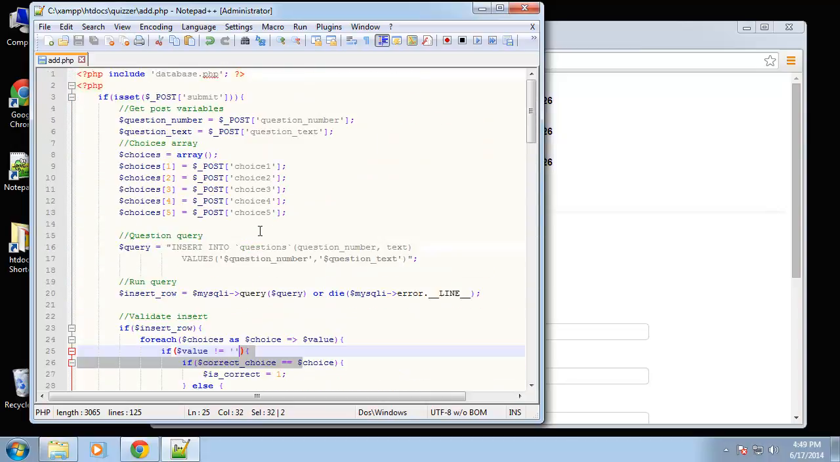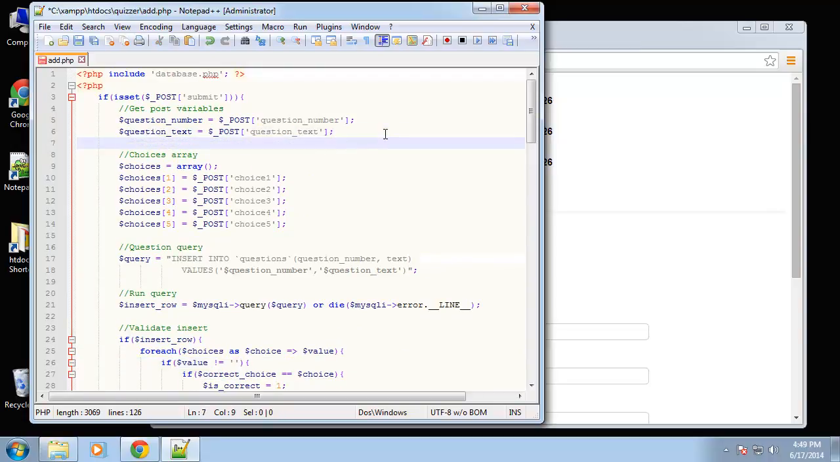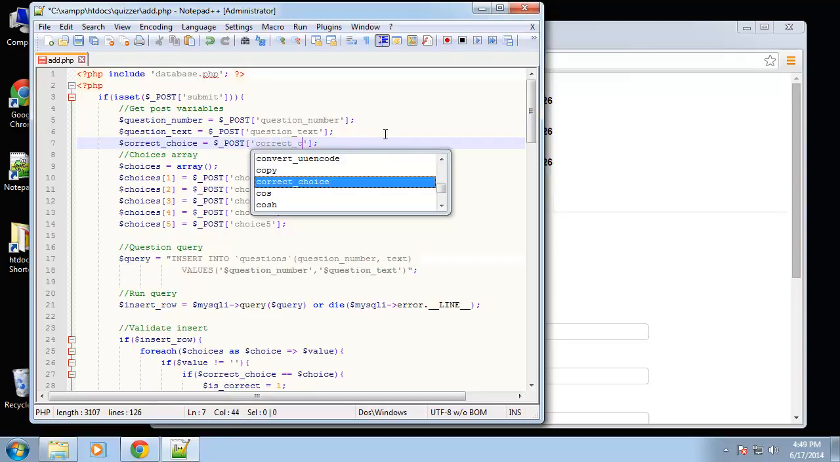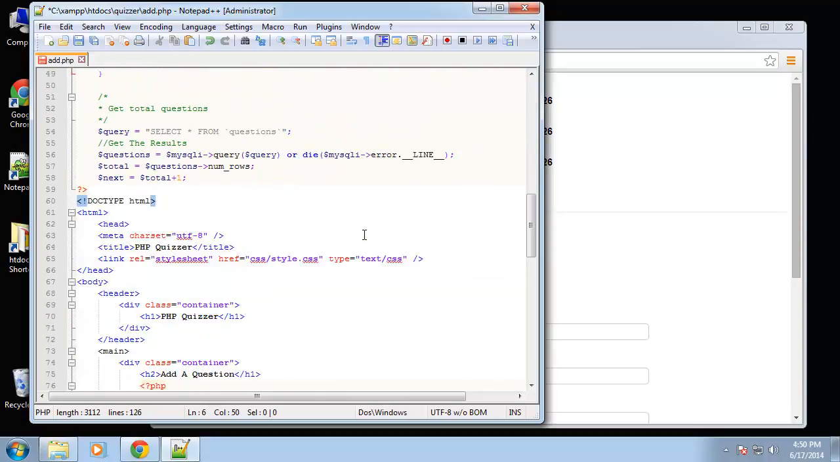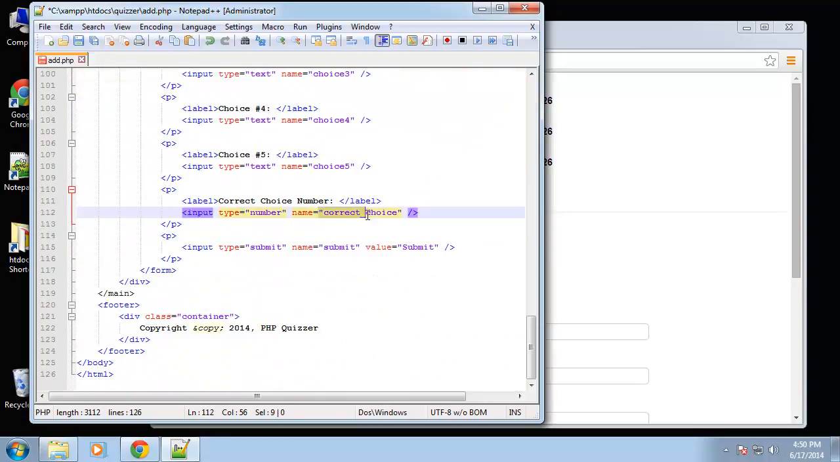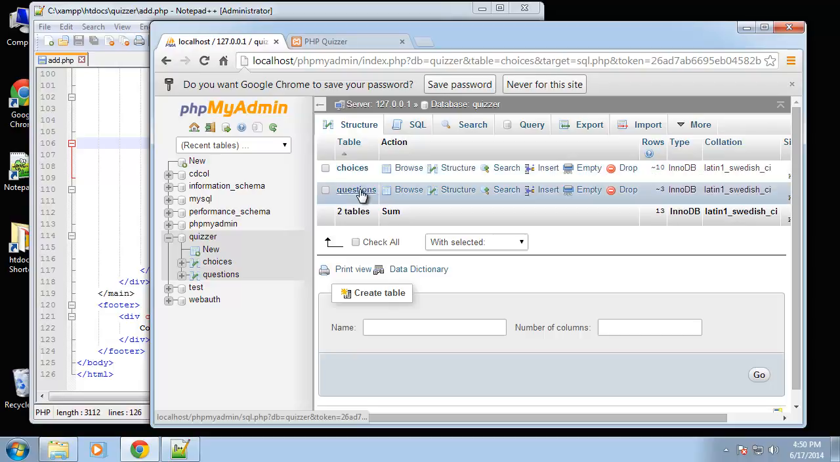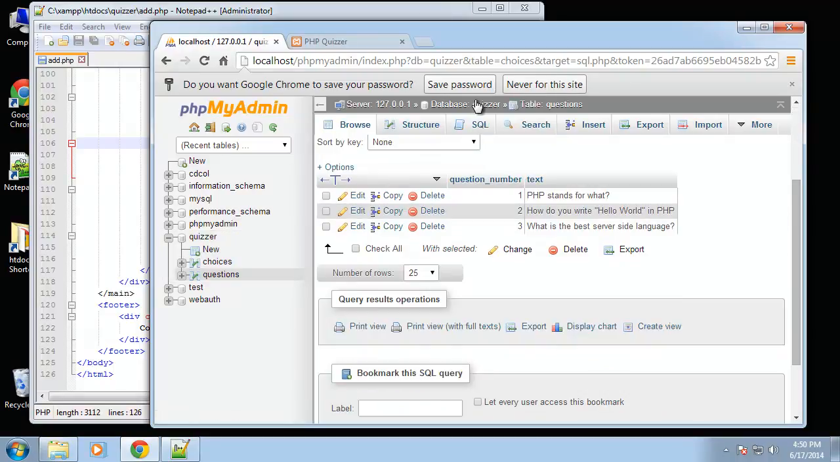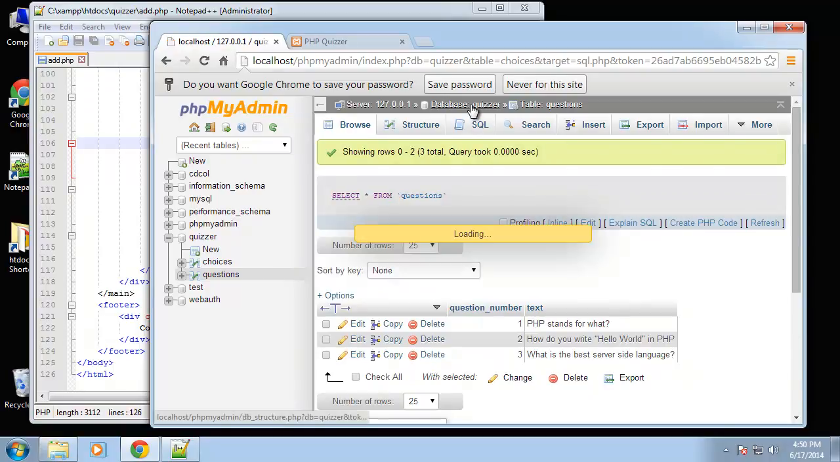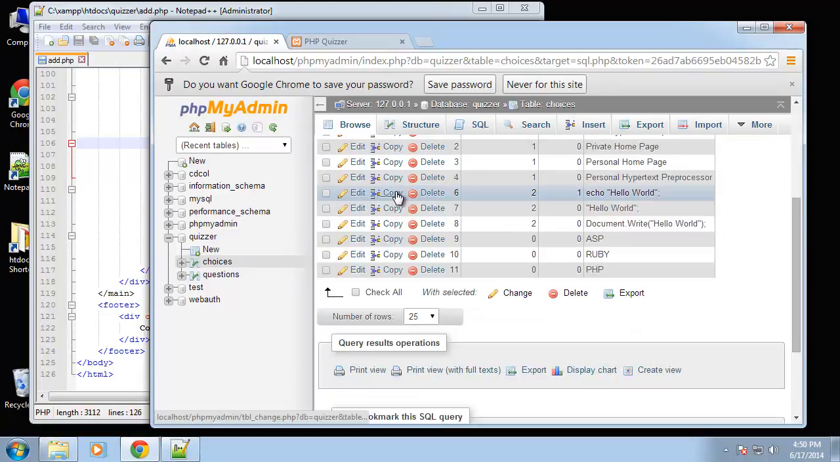Oh, we never passed that in. We never created that variable. Okay, so correct choice equals post correct choice, and that's coming from the form, coming from right here. Alright, now let's see if that did anything to our database. Alright, so the questions query went through. Alright, the insert. And if we take a look at the choices,